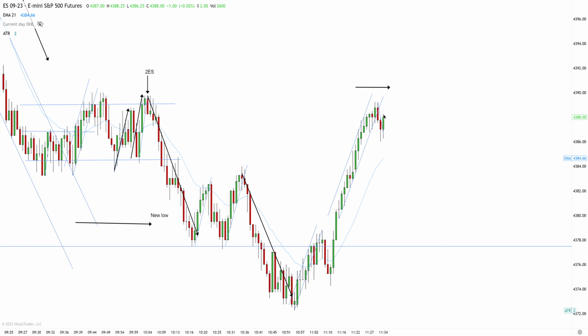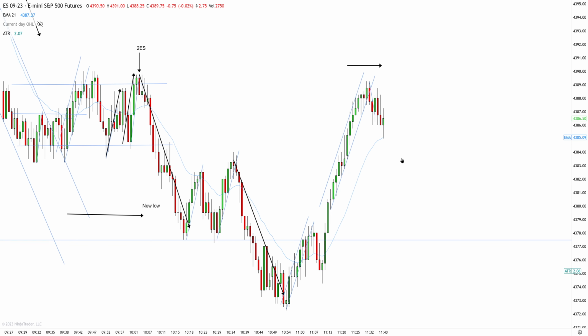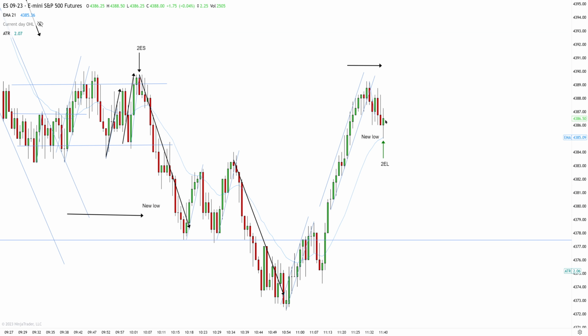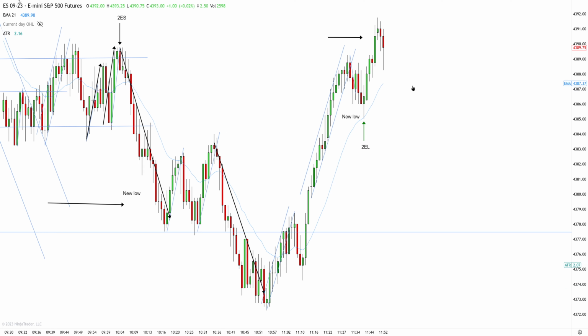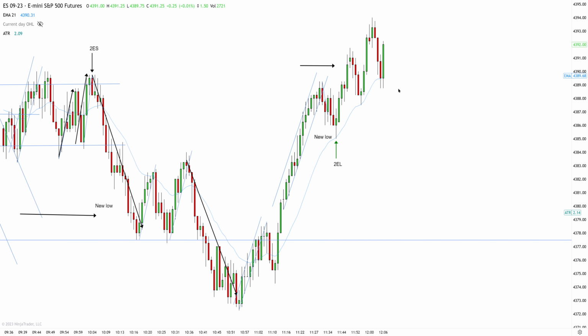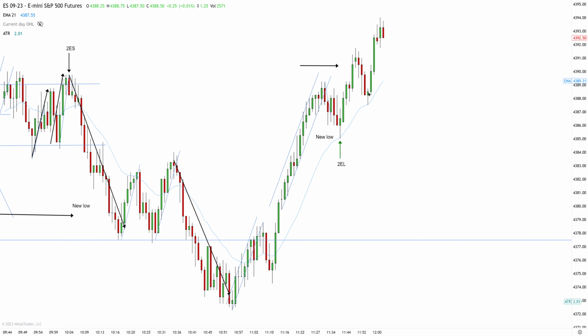So once I can see first entry long already this far from EMA, there's a big chance we're going to get second leg, and I'm going to see if the EMA is going to hold, because it would be a high probability setup. And we have new high, first entry long, pullback, second entry long. This is a new low, second entry long, two-legged pullback, downtrend played out, we're at the key entry point. So context is bullish, we got the channel, and this is a high probability setup. I actually took this setup myself. I managed to still hold the runner because you can see my runner survived. And as I can see price action working higher and this EMA rejecting,